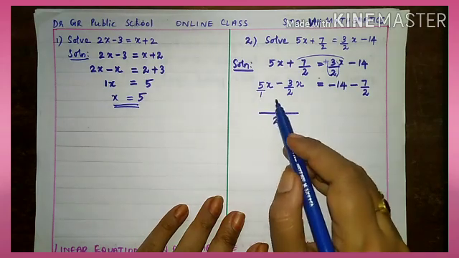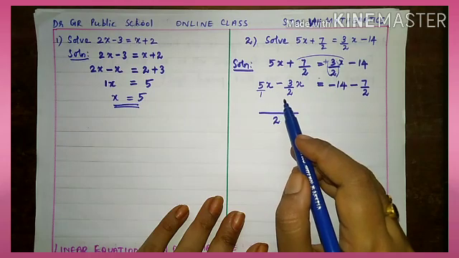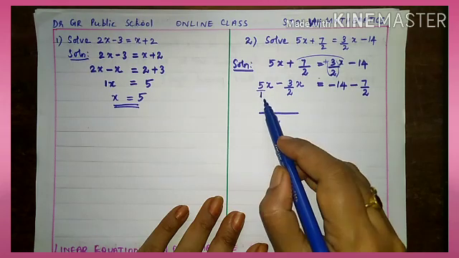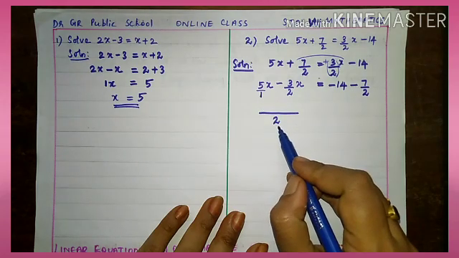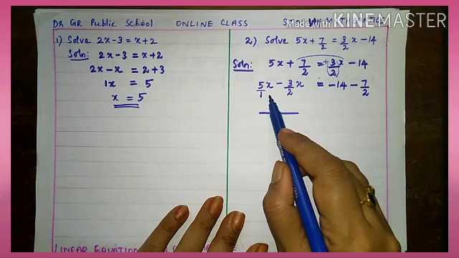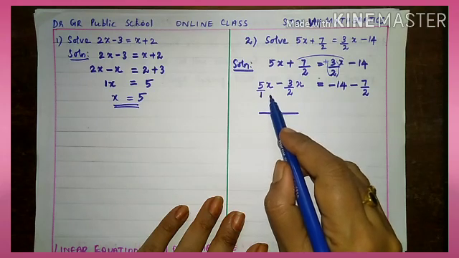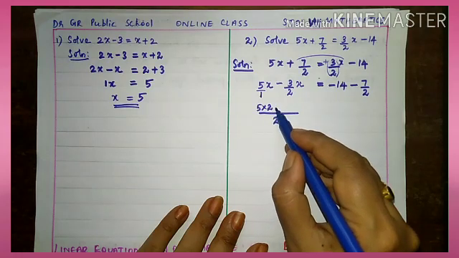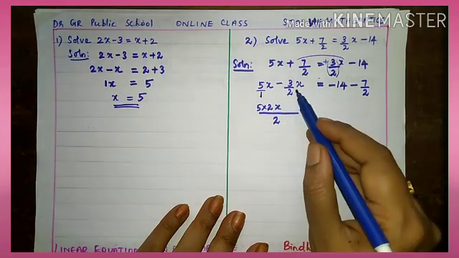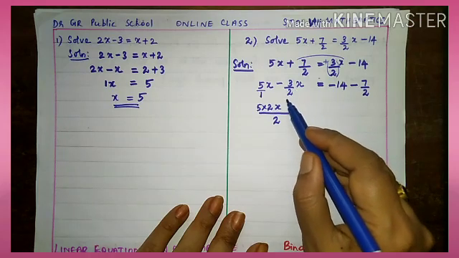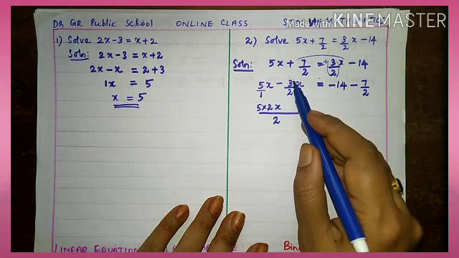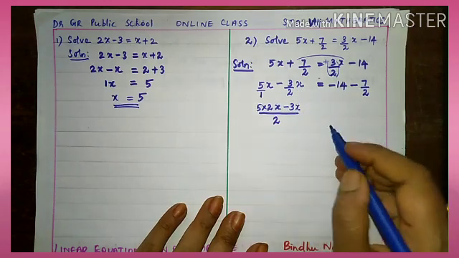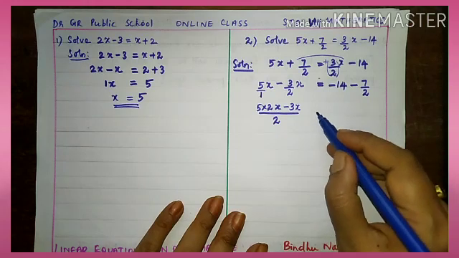You studied in previous classes how to add and subtract by finding the LCM. So first, because here it is 1, we want to convert it into this LCM denominator. You know 1 2s are 2, correct? So that 2 you want to multiply by 5 also. So it is 5 into 2x. And because the second term already has the denominator 2, the numerator has no change. So it is minus 3x. Understood, children?